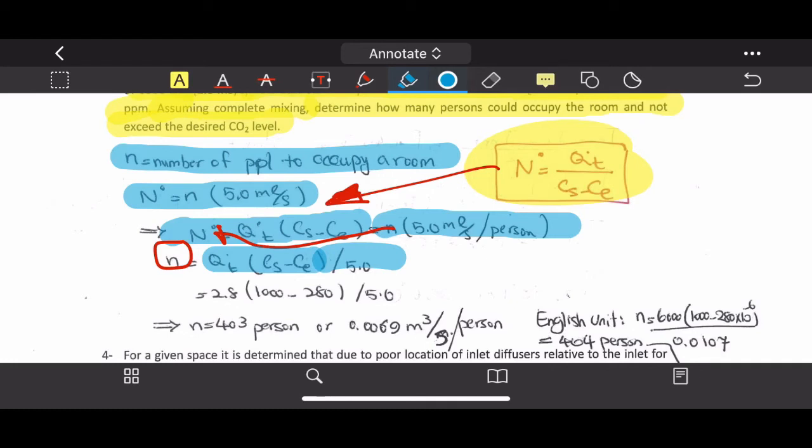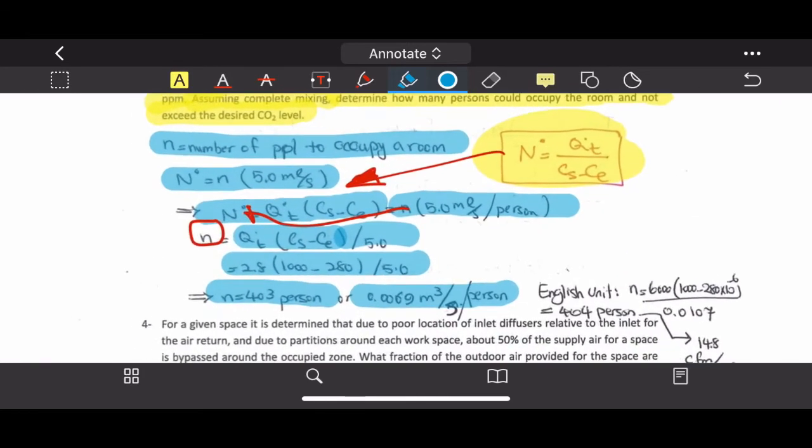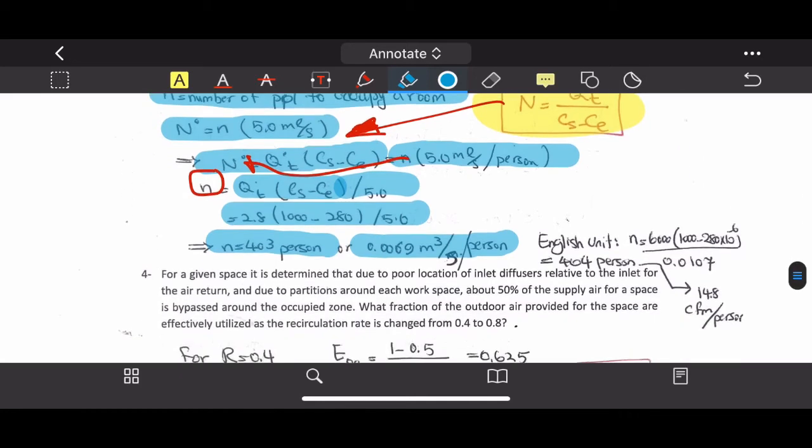Okay, so therefore 2.8 times 1000 minus 280, which is given in the question, divided by 5. So the number will be 403 persons that can fit inside this space comfortably, or 0.0069 meter cube per second per person. So the English unit will be